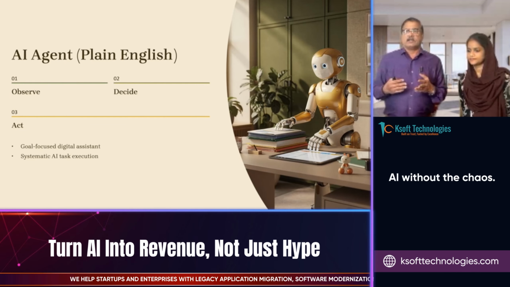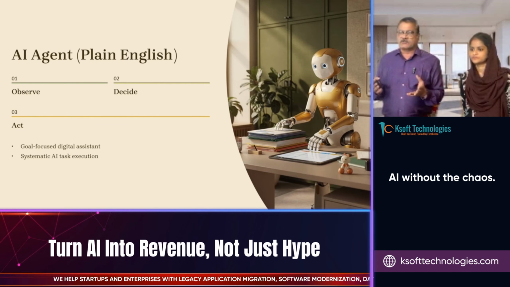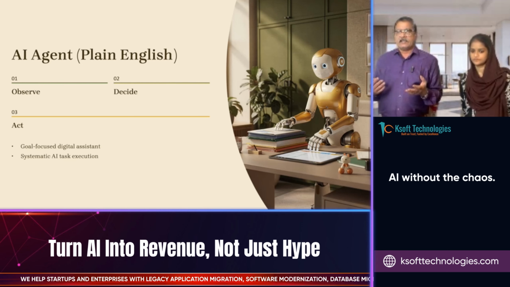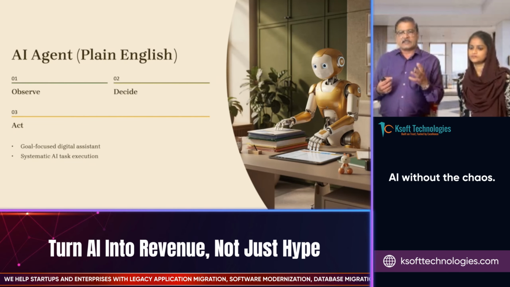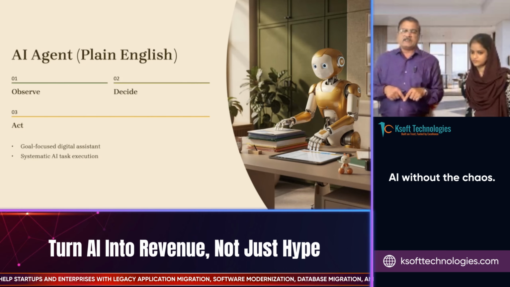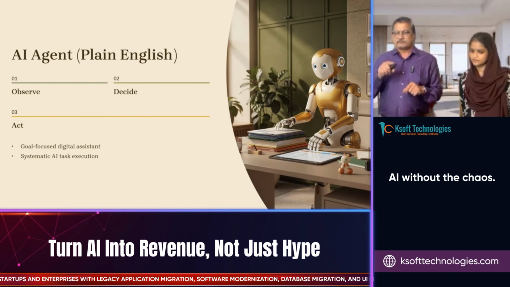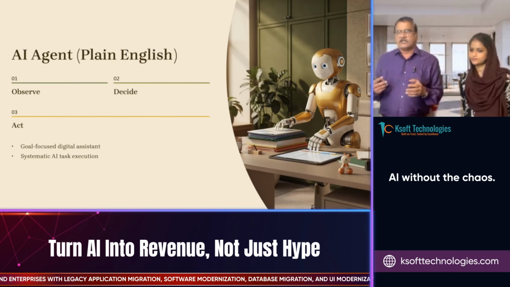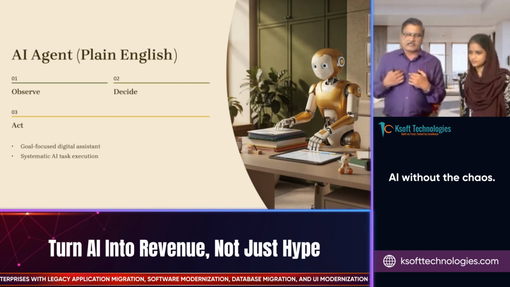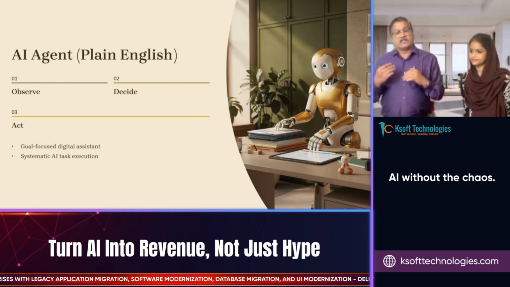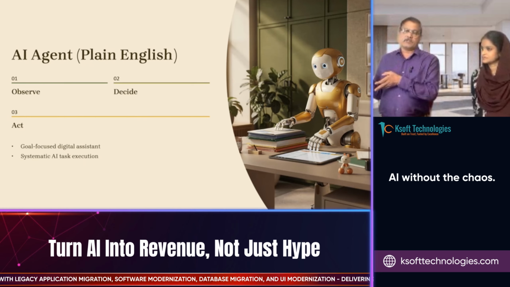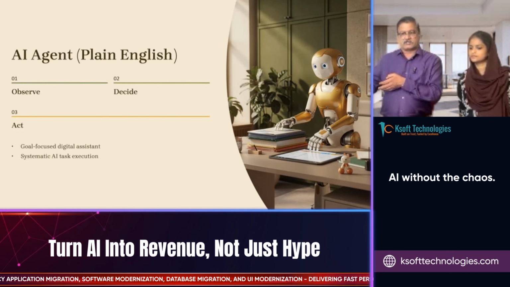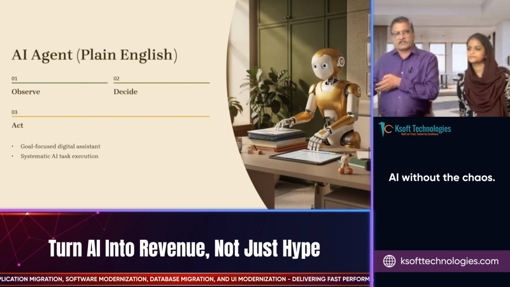So what an AI normally does is it observes what is happening. It monitors all the data it is getting and the triggers from the system, knowledge, your rules, and the lines you have drawn that it should not cross. It learns from that. Once it gets this data, it absorbs it, then it decides: is there something I can give an answer to? If yes, it gives it. If it cannot, it directs it to the next person, either a human being or an AI, the next step of AI implementation, to take care of that.